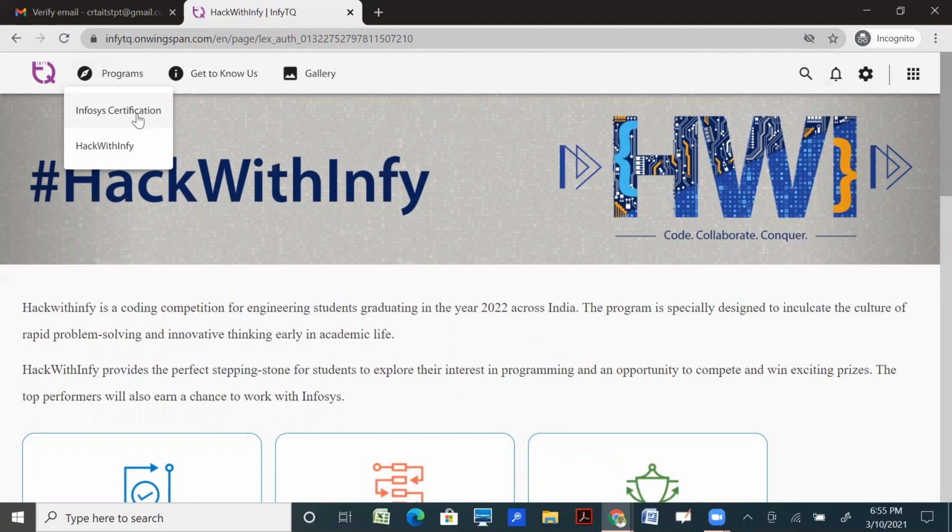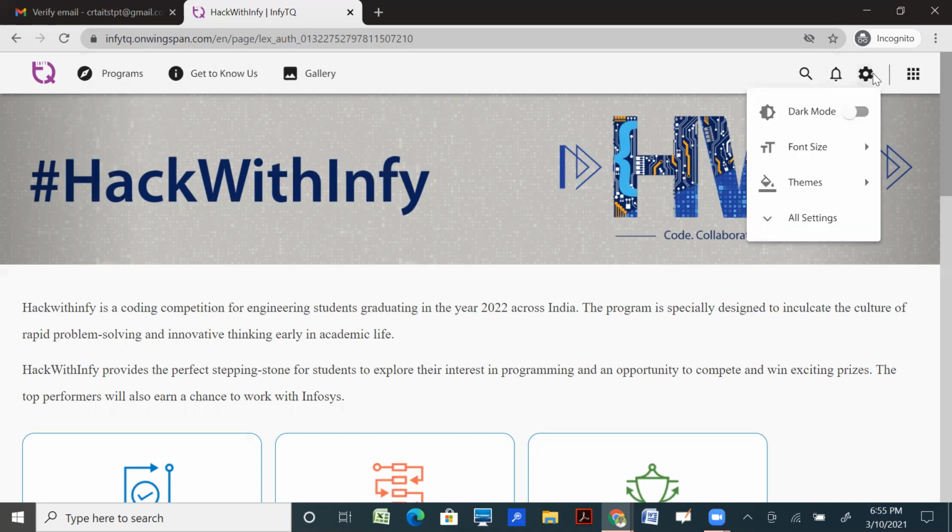After Infosys certification registration, you need to select the slot. Then go to the second step, that is Hack with Infy. For both programs, you need to do the registration process along with slot booking. Then only your slot has been booked. With this, the process has been done.